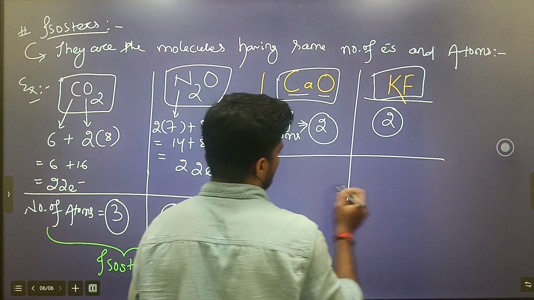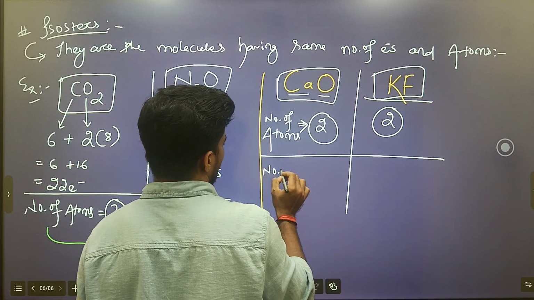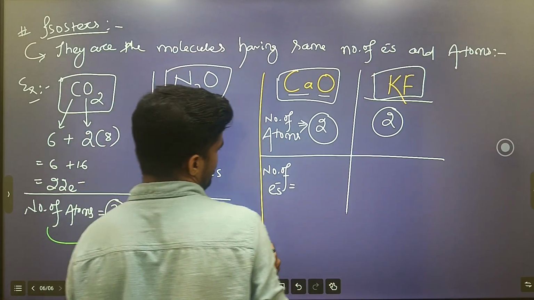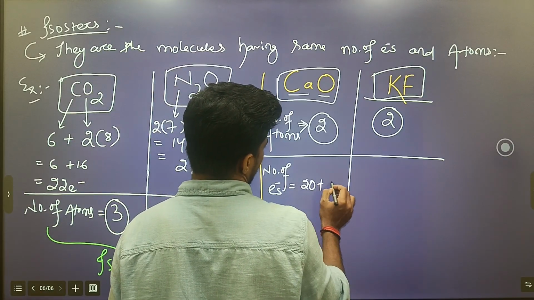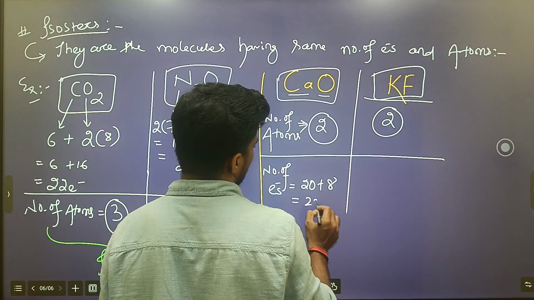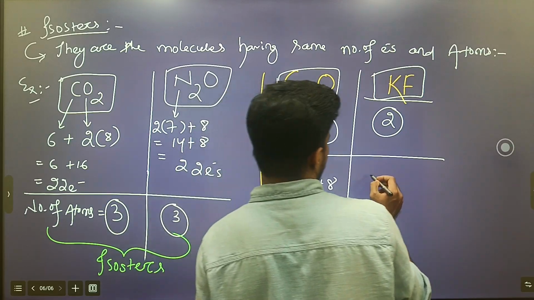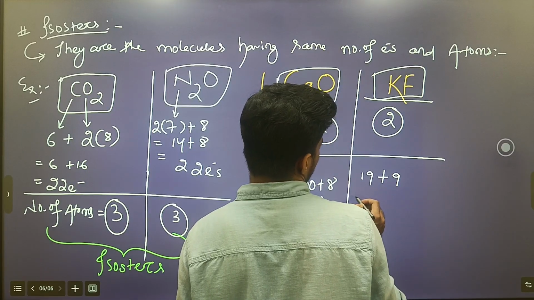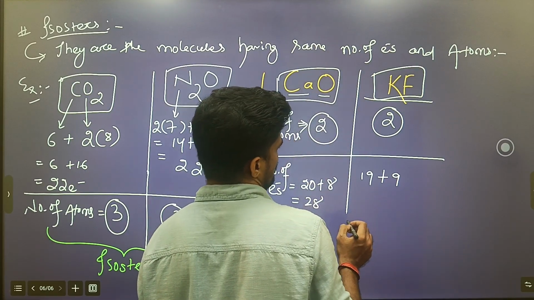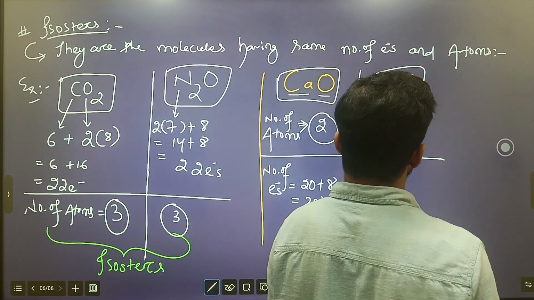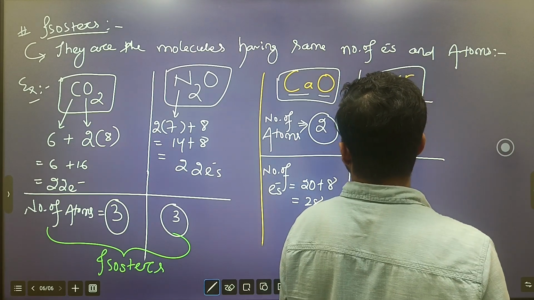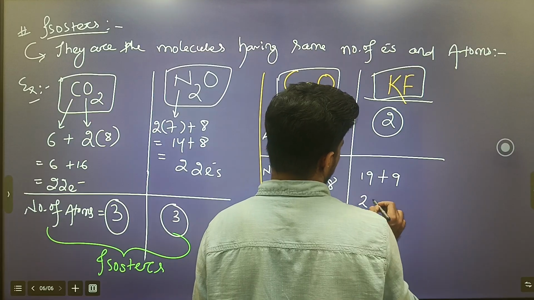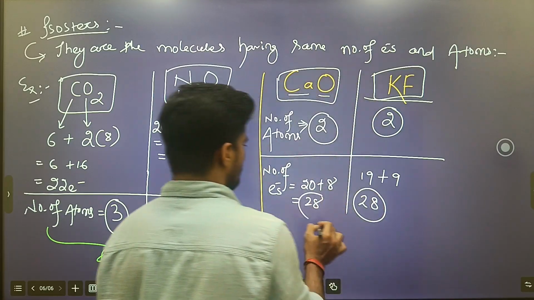Okay, now the number of electrons we will check. Number of electrons: calcium has 20 plus 8 equal to 28 electrons. In this case potassium has 19 plus fluorine 9, yes, 28 also. So in both